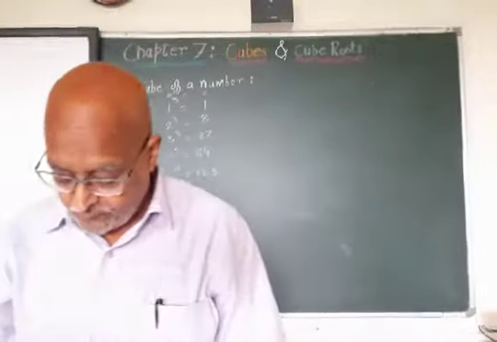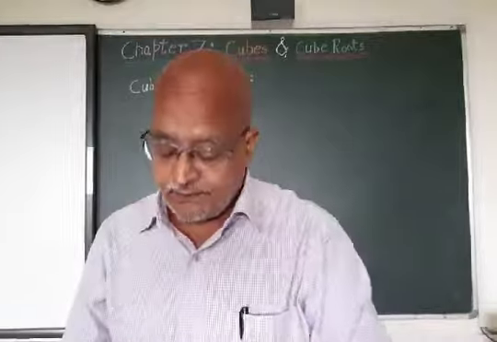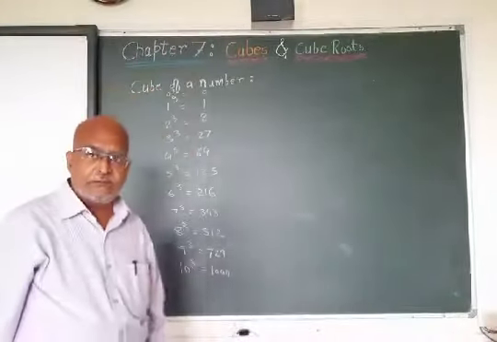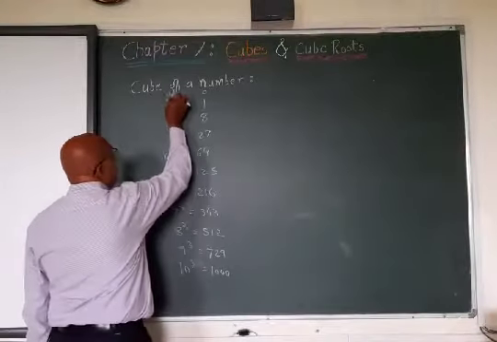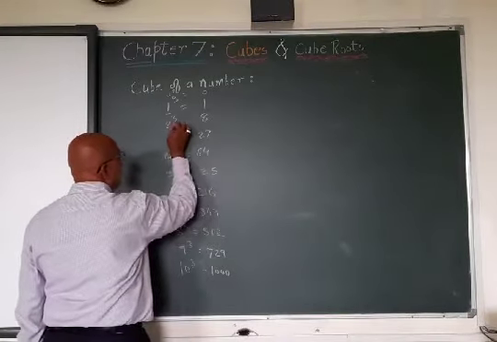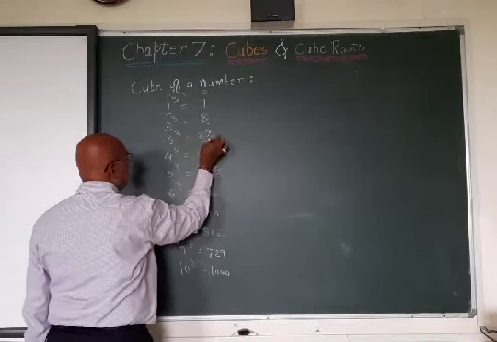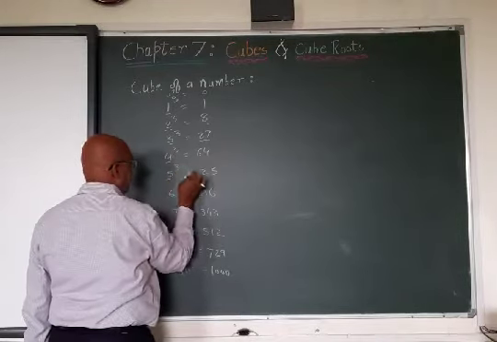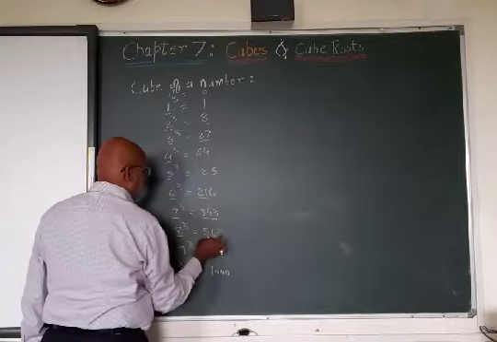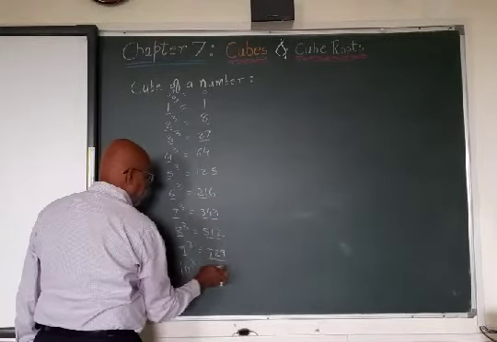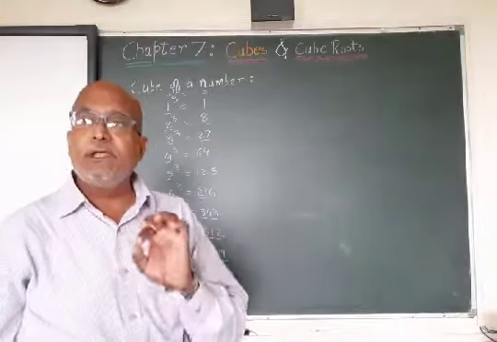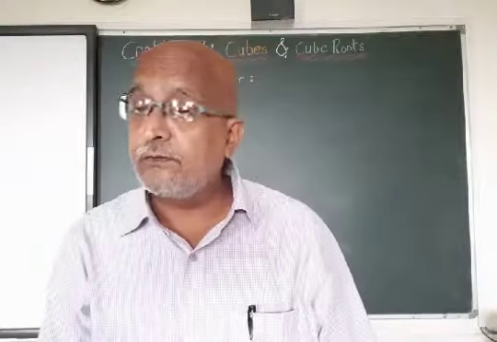In your textbook one more series is being given, the cube from say 11 to 20. Now see the unique part of this. This is an odd number, the cube is also odd. Even number, odd, even, odd, even, odd, even, odd, even. You can see that the cube of an even number